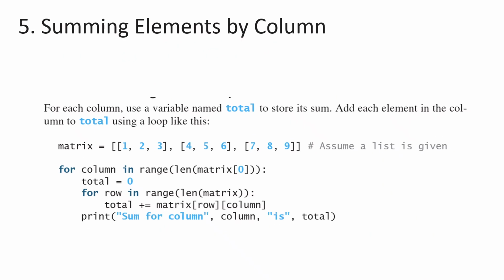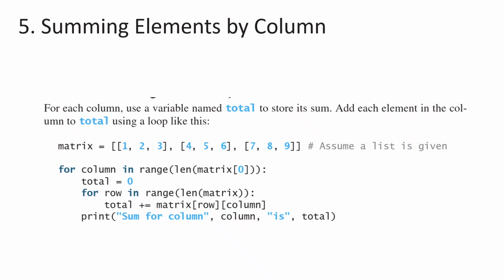Summing elements by column. For each column, use a variable named total to store its sum, and add each element in the column to total using a loop like this. matrix = some given list of elements. for column in range(len(matrix[0])): total = 0. for row in range(len(matrix)): total = total + matrix[row][column]. print the sum for column